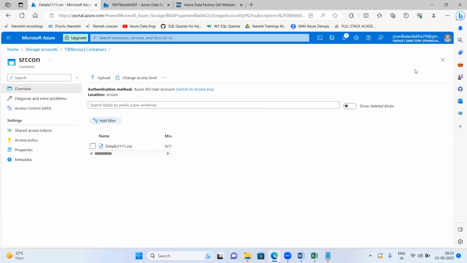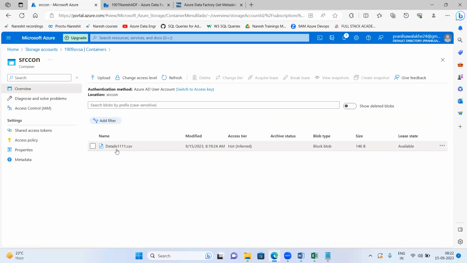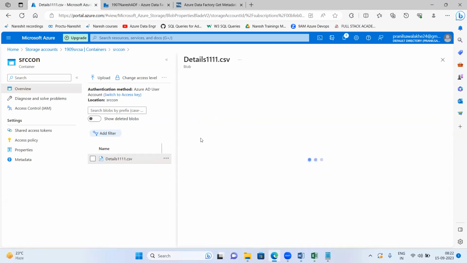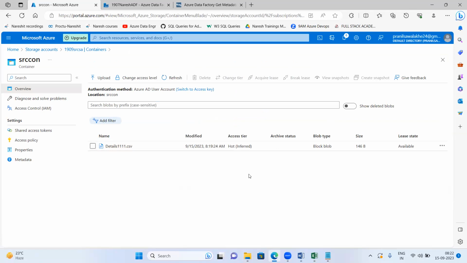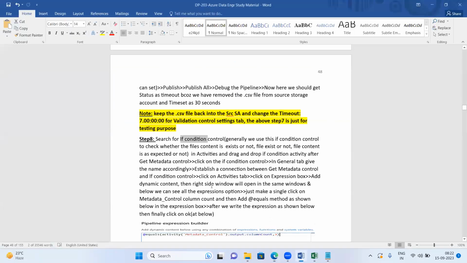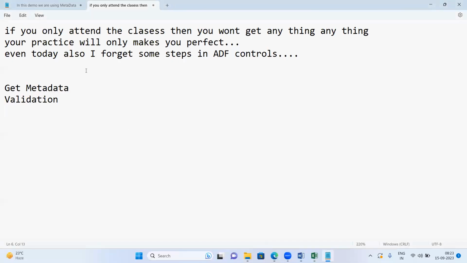But you cannot say like this in your interview, okay, I go to the source content, I click on the file, I click on edit, I'll check. No, not possible like this. You cannot take, because you are a data engineer. They'll ask you what control or activity you will use to ensure that the file content data inside the file exists or not. Then we'll use here if condition control. You can say here control or an activity, get metadata control,